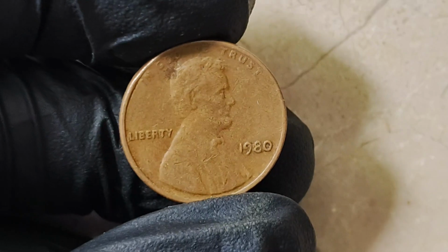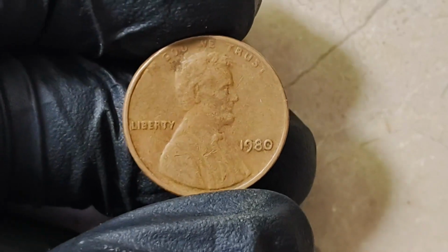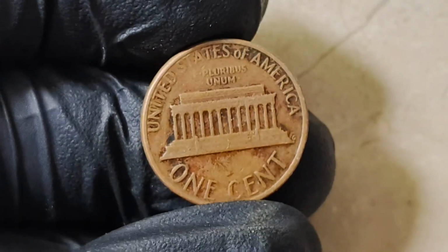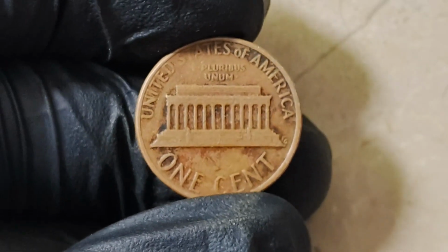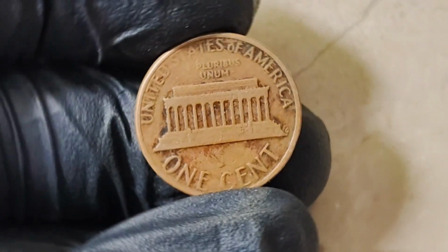Second, flip the coin under a bright light. Does it have a mint mark beneath the date? If yes, it's common. Not the one you're after. Slow down, look for clarity in the strike, check the edges, then it's time to send it in. But beware, most 1980 no mint mark pennies are just regular Philadelphia strikes. They're common. What you're hunting for is the rare breed of the mint state mistake. Only the top grading services can confirm it, but if you're holding the right one, you're holding a piece of modern coin legend,